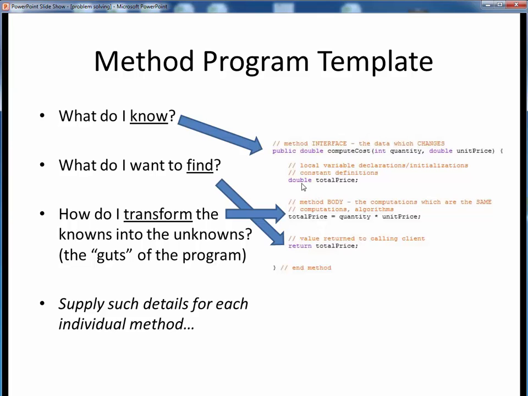As we mentioned previously, notice the swapping of steps when we're mapping this problem-solving thought process on the left into a generic method structure. But it's still all the same three steps. So summarizing, these are our inputs, the data which changes. The computations of the method body are the actions which are the same for any inputs, and the output is our return value here, which must match what we specified up here in the method interface for the return type. This may be a simple, trivial method, but it still shows all the steps of our general problem-solving process. Let's now see how we would put this method to use.